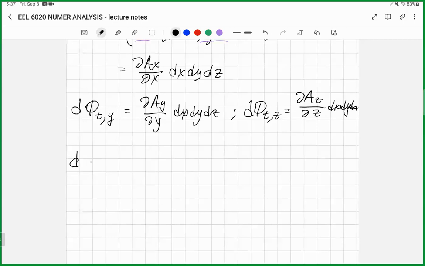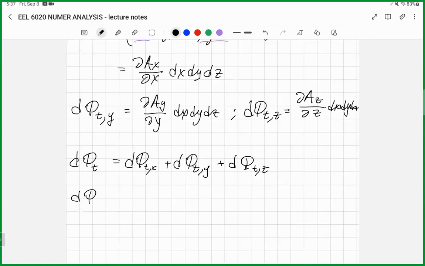So the total flux is equal to the flux through x, the flux through y, and the element of the flux through z. I just plug in these three formulas we just obtained, and I can take this dx, dy, dz, which are the same for all these three components,